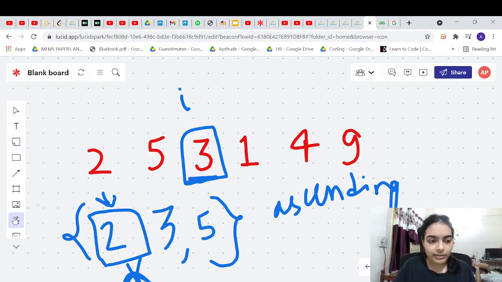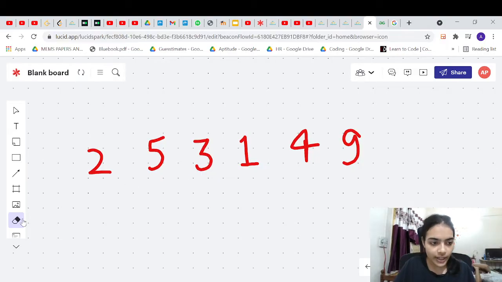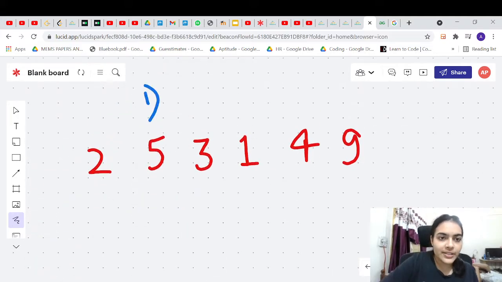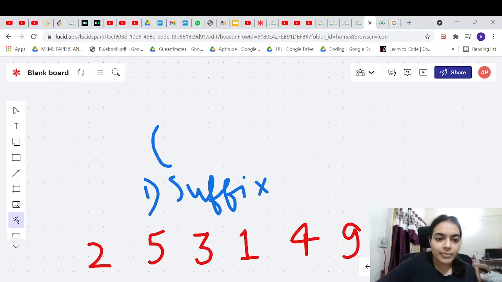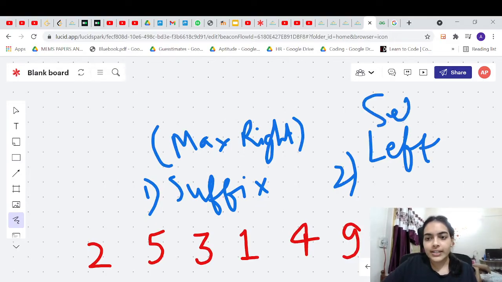Okay. Let's try to build the solution from the beginning now. If we have understood the solution, we'll do a dry run of the solution and then we'll write the code. Okay. So what we are doing, we are doing 2 steps, right? First step is we are building the suffix array to find the maximum that we have seen on the right side. Okay, so this is why we are building the suffix array. Second, for finding the best on the left side, we are going to use a set data structure which will store the elements in ascending order.